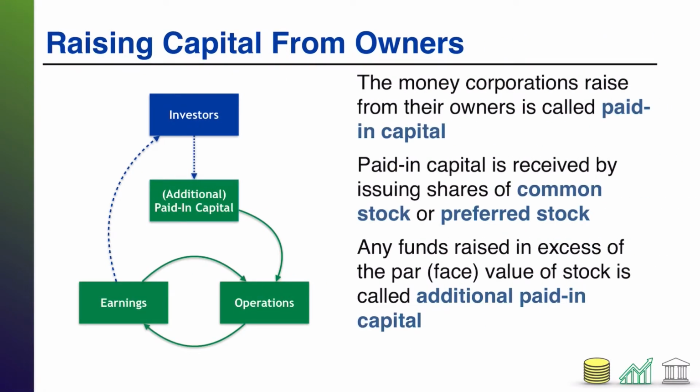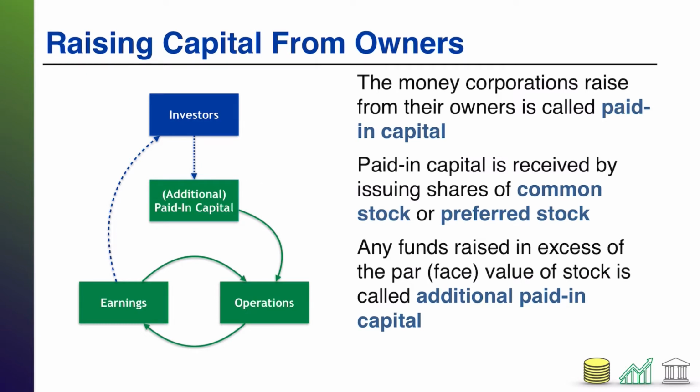So the primary role that stockholders play for really any public company is providing capital or providing investment into the company that the company can then use for its operations. So it starts off with the investors, right? The future stockholders, who then give capital to the corporation in exchange for some stock that could be common stock or preferred stock. That capital that they give to the corporation is typically referred to as paid-in capital or